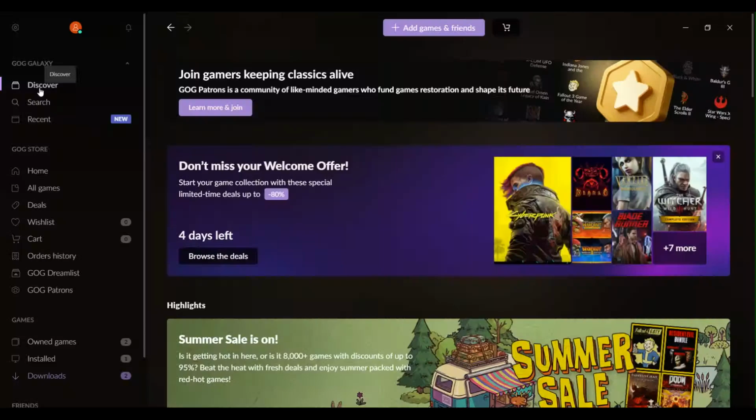If you want to organize your non-GOG games inside GOG Galaxy, you're in the right place. In this video, I'll show you how to add games to GOG manually, whether it's a classic DRM-free game on your PC, an old CD-ROM installation, or even an indie game you downloaded from itch.io. This is a super helpful way to keep all your games in one library, with cover art, metadata, and a